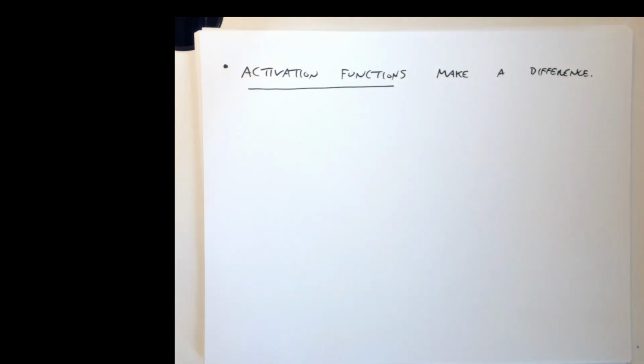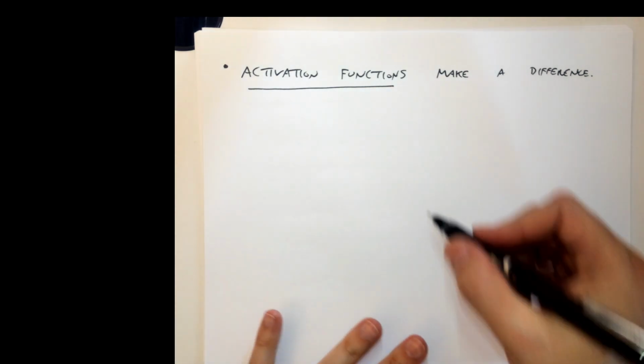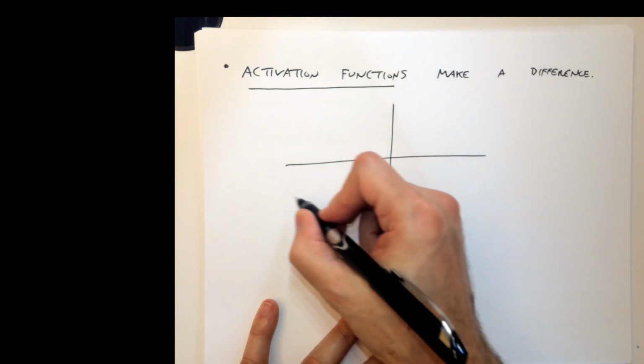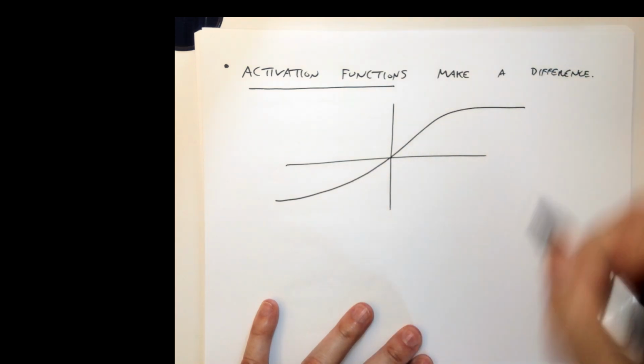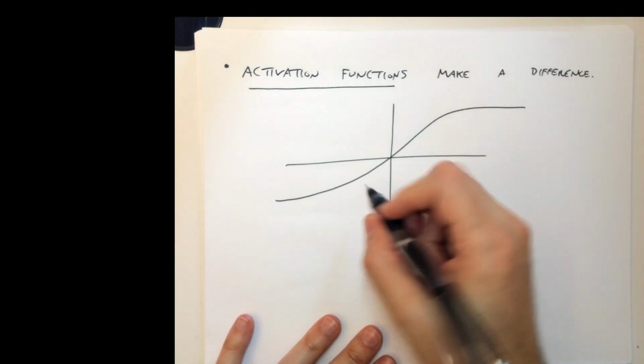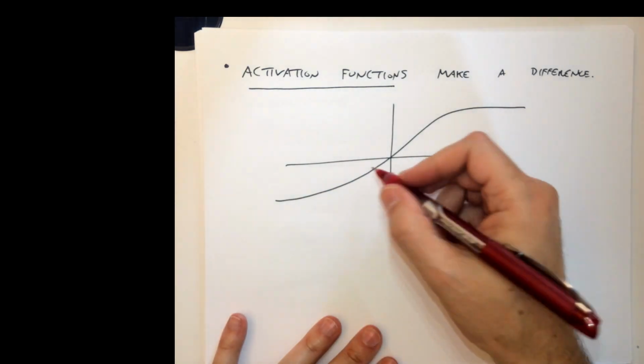And again, I don't want to turn this into a deep learning class. Some of the stuff I'm talking about here, you would probably talk about in a lot more detail in deep learning. But the basic idea is that what I want is some sort of a function that scales any real number into some finite range, like plus or minus 1, right? So this is like the hypertan function. And the nice thing about this is that when the error is small,